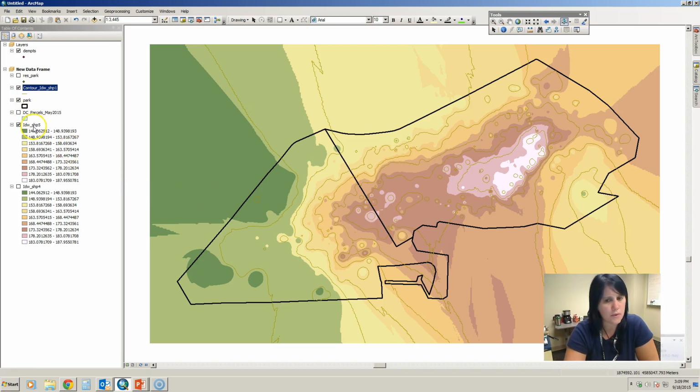One last thing before we end this particular video. Notice that when your IDW came in, it came in with 6 significant digits after the decimal point, and that's probably not necessary. And if anybody would look at this in a legend, it would be pretty much unreadable. So you want to clean that up for your map user to let them have a happy experience in interpreting your map. So what you can do is just double click on your layer,